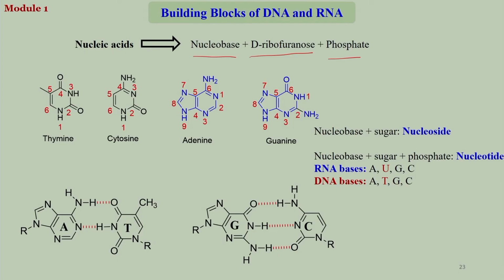These are the 4 nucleobases that are present in DNA: thymine, cytosine, adenine and guanine. Thymine and cytosine are present in DNA. RNA has a different one, I will mention briefly later. If you look at the structures of thymine and cytosine, both of them have 6-membered rings, and both have this pattern: 2 nitrogen atoms present in 1,3 positions. These are called the pyrimidine rings. So, thymine and cytosine are known as pyrimidine